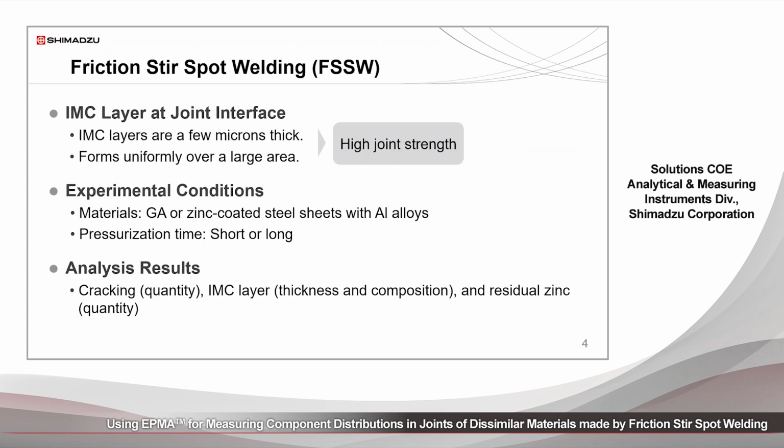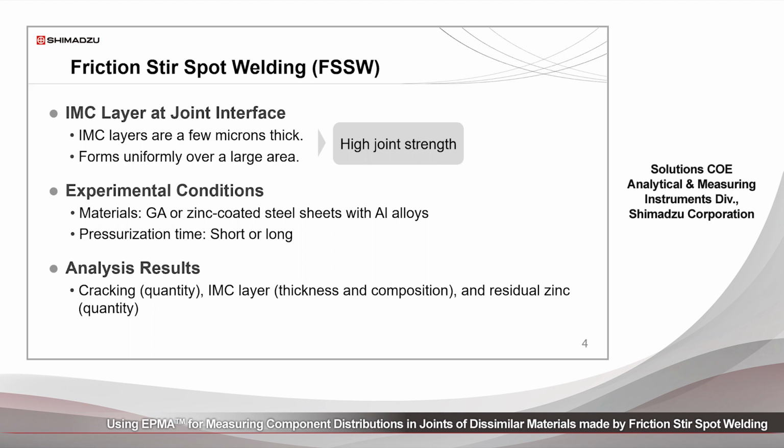The IMC layer that forms at the joint interface is typically a few micrometers thick and forms uniformly over a large area, which results in a very high joint strength bond, a very sturdy weld. In this case, as previously mentioned,